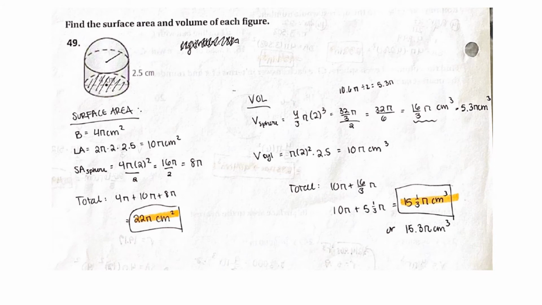All right, number 49 can be kind of a tricky one sometimes. So if you got stuck on this, this might be a good one to watch. So for number 49, remember with composite figures, a lot of the time there's not just one single formula. You kind of have to piece things together in a way that just makes common sense, right? So I started by finding my base, and I noticed that there's only one circle that's on the